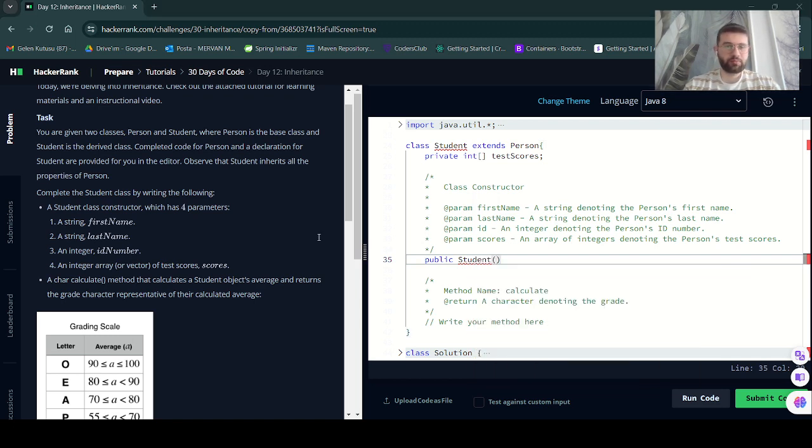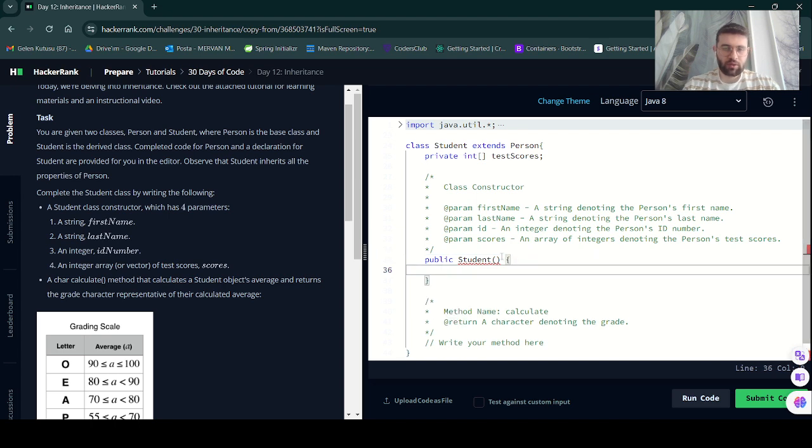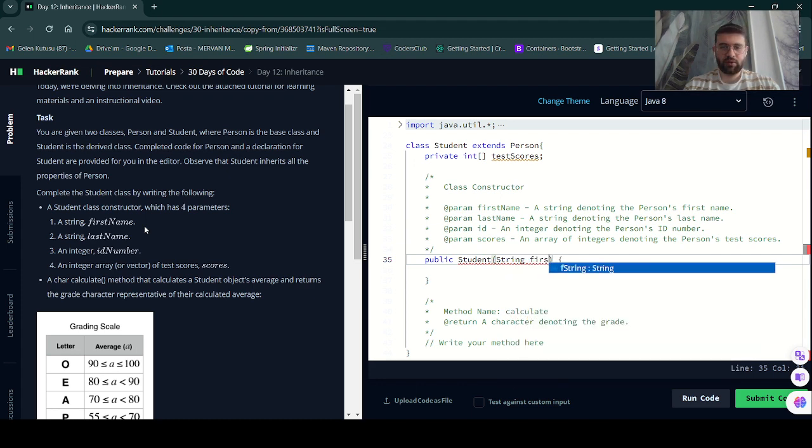So in our student class, we need to give those parameters, right? Let's first give it an integer, no, not integer, string, first name,